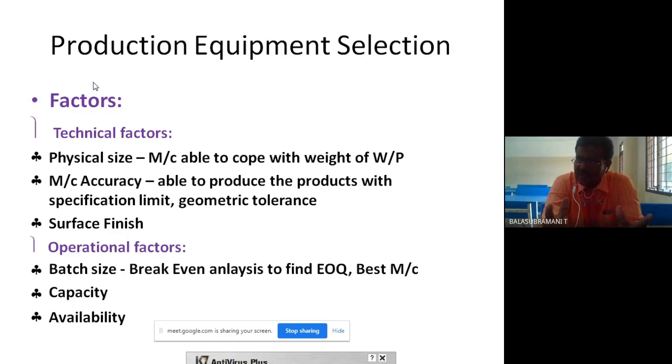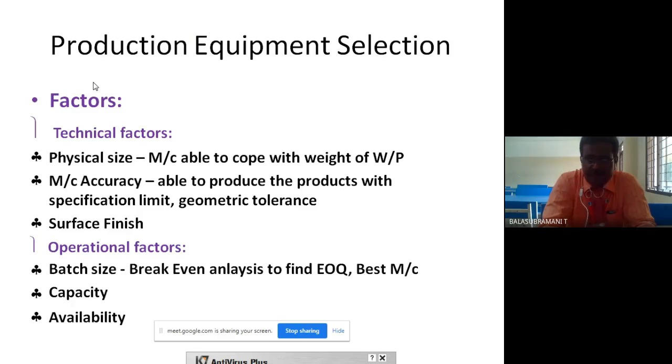So in what way do you have to fix the EOQ? There are many steps we have to discuss. Batch size: minimum 100 units of the part to be delivered per day. That is the EOQ. The company or entrepreneur is more concentrated on producing 120 parts. So with 20 parts of increased production per day, you may achieve more gain. At least not below 100 parts. It is the basic goal for the EOQ.